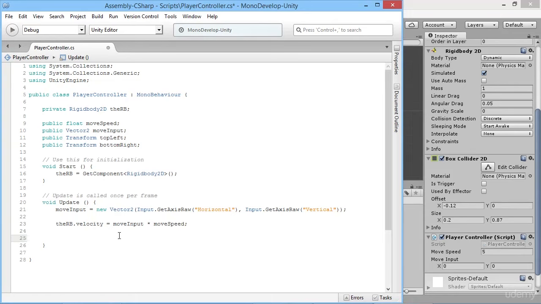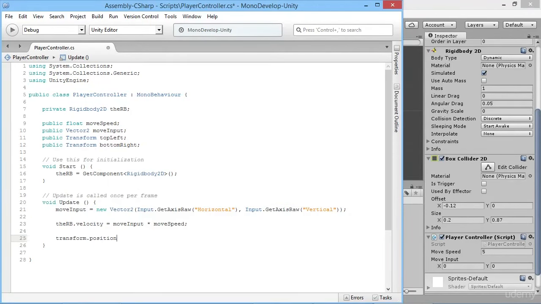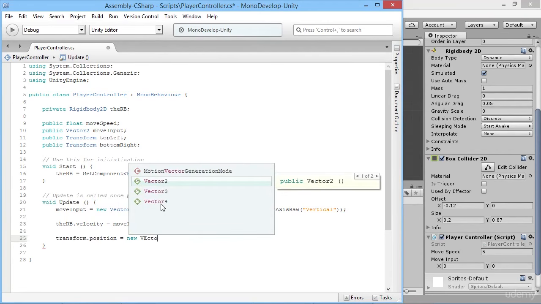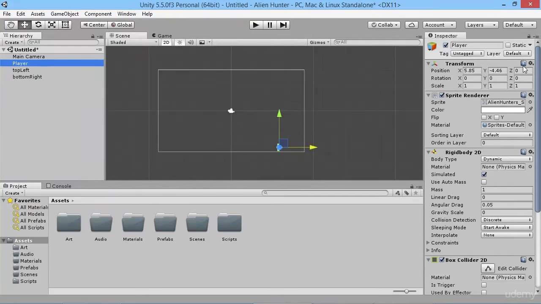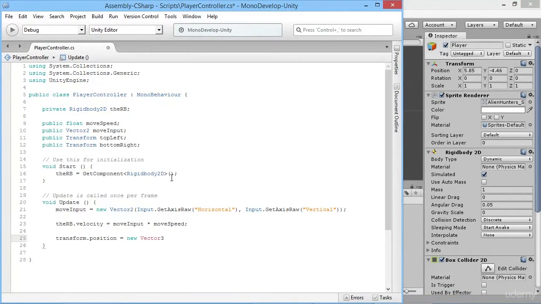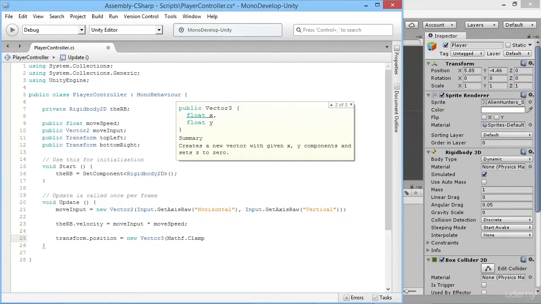So the way we can use this is to say, okay, the position of our player ship, so the transform.position, we want to set that to be a new Vector3, because remember, transforms on every object have an x, y, and a z value. Even though we're using 2D for everything here, we still have to account for the z value of every object in Unity. So on the x-axis, what we want to say is Mathf.Clamp, and this is our clamp